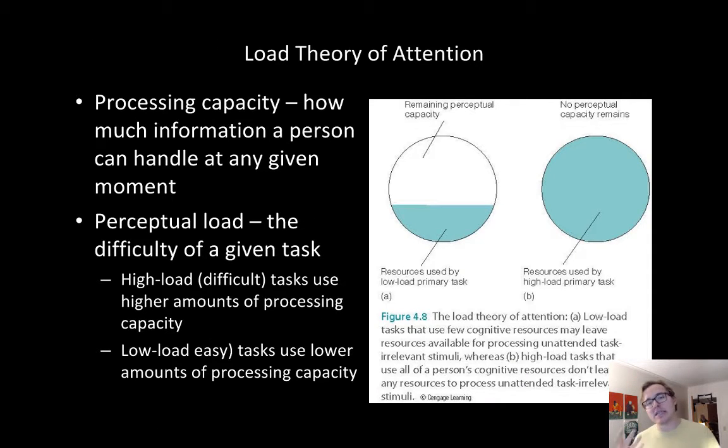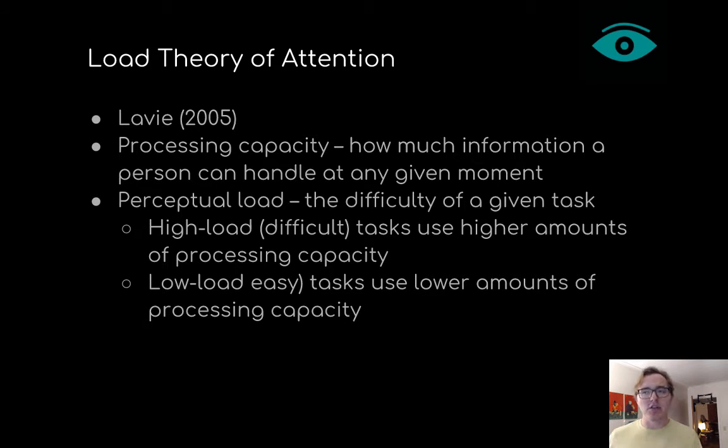And so this idea of attention as a resource, and our ability to actually process information, became very important, so important that we started looking at the load theory of attention. I'll show that graphic in just a moment. I put them together for my own reference. But Lavie, very recently, and a lot of attention research is being done right now that is struggling with this idea of load.